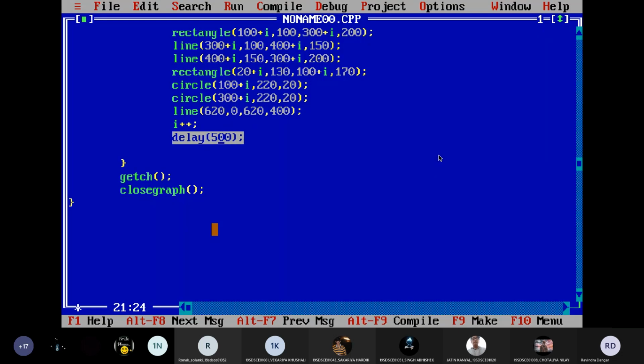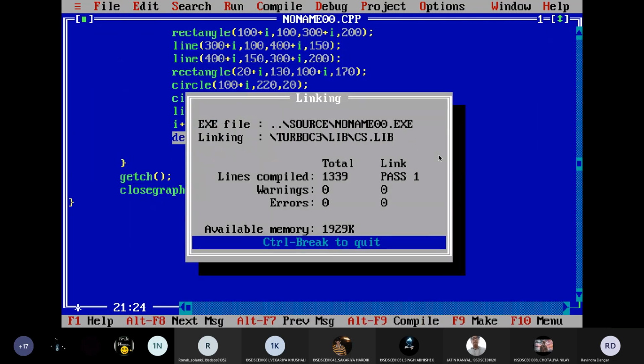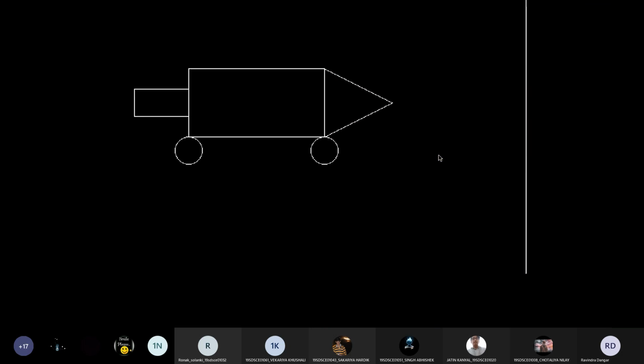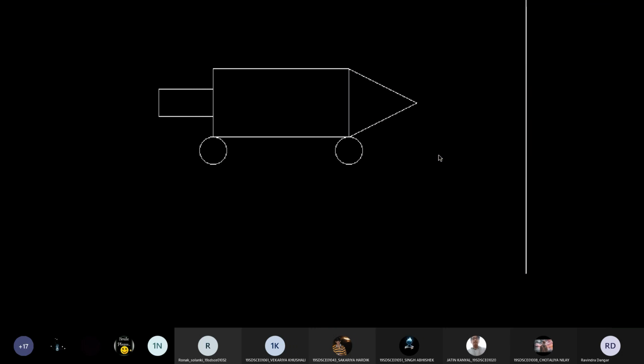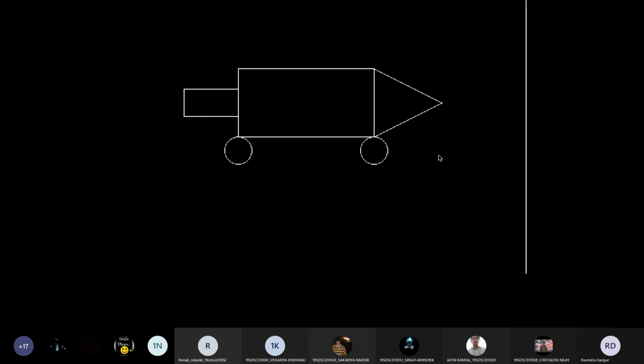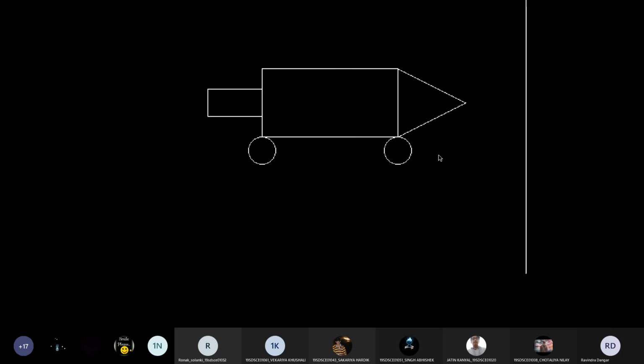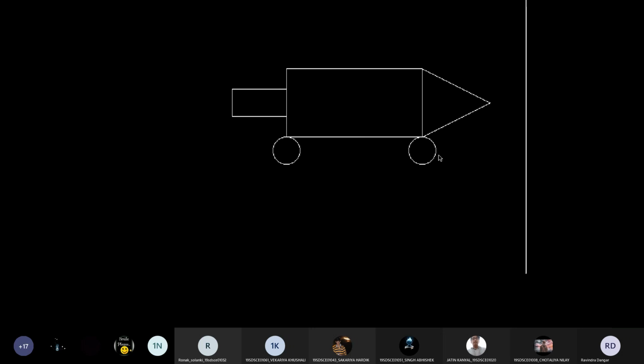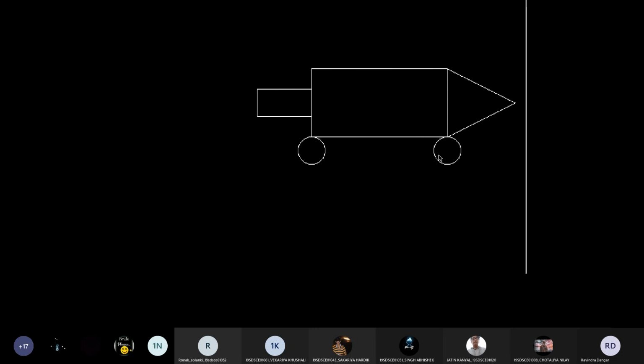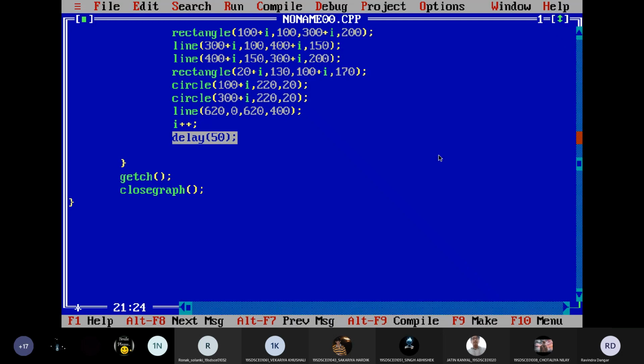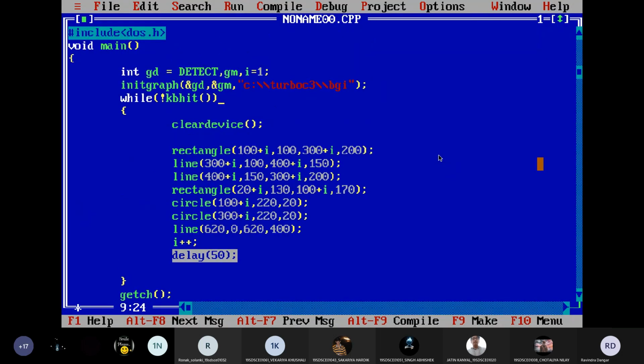Let me go with 50 only to make it too fast. And you can see now. So here still I am not using any logic, so that it will stop as soon as the line will be there, and then we'll start it again. So now I am putting it up to you. I have already given the entire logic. Now it is up to you.